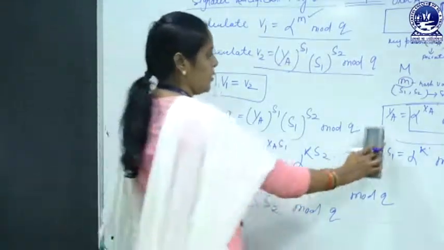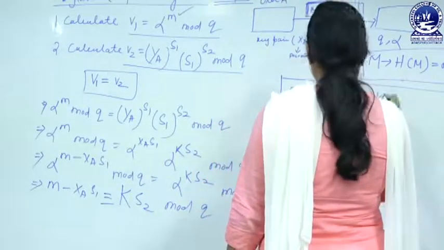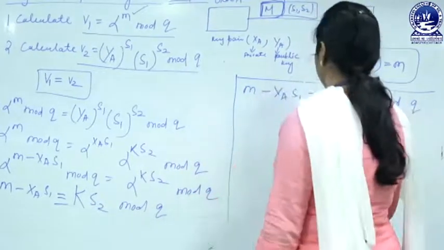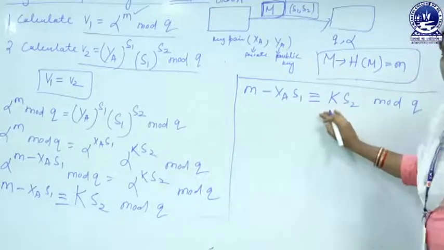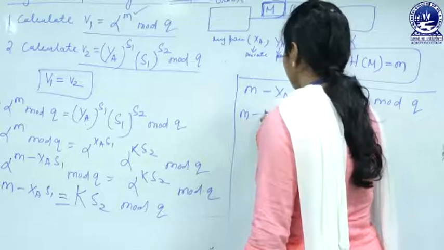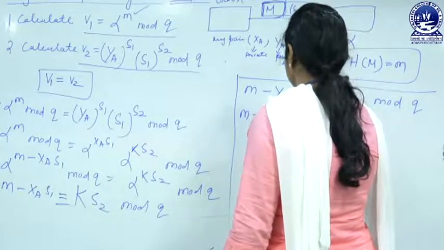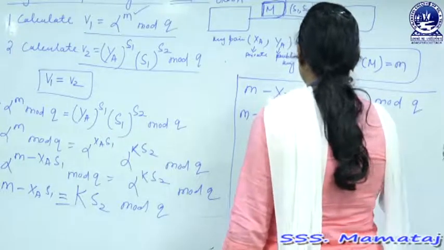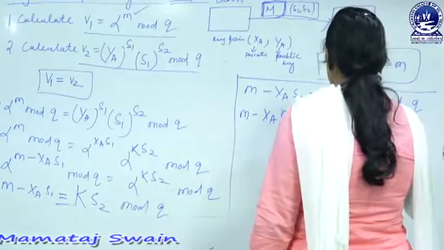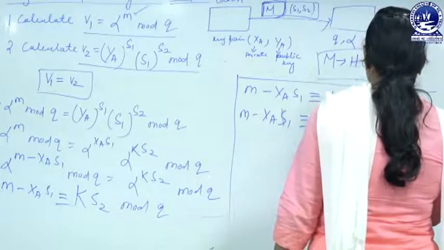Now look here, m minus xa s1 is congruent to k s2 mod q. Now we replace the value of s2. That means we can write m minus xa s1, which is congruent to k, and the s2 value is nothing but k inverse (m minus xa s1)